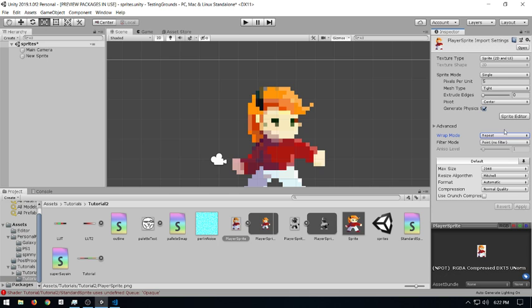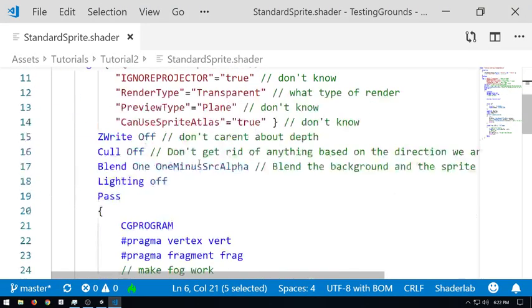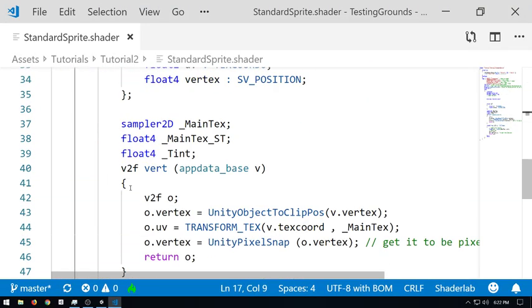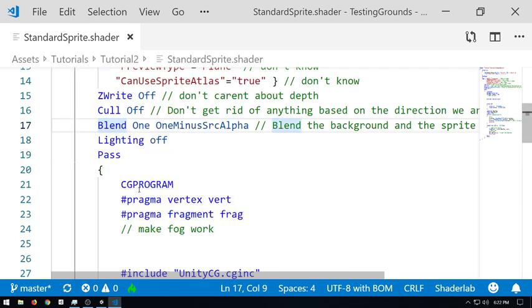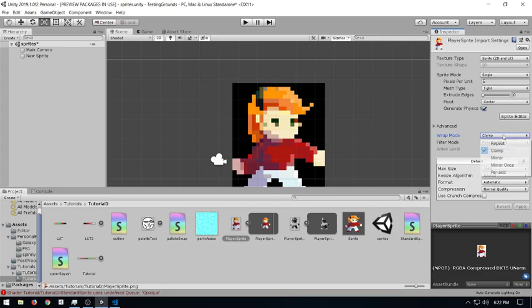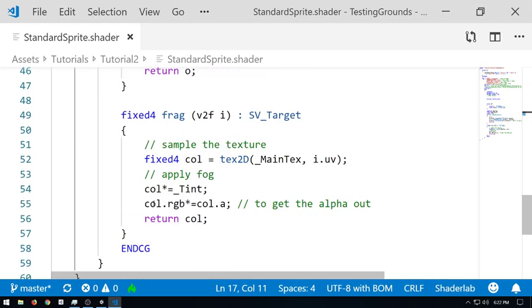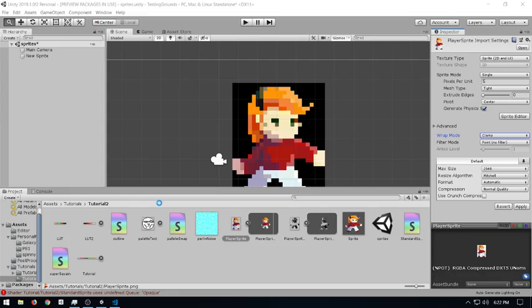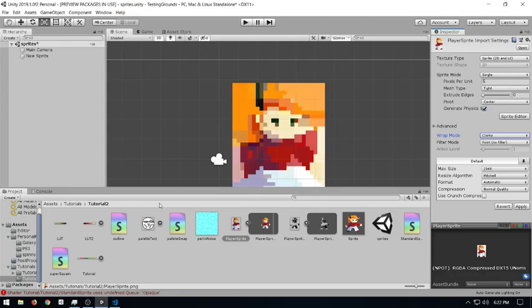Oh, there's actually a good way for me to show this off right now. Let's turn off the blending. Huh, that's actually not as bad as I thought it would be. Let's turn off the blending. There we go. Finally got it to work the way I wanted it to.